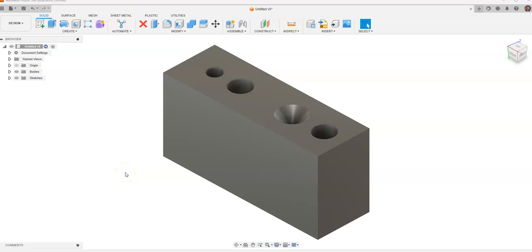This is a video on how to utilize the hole and thread note tool in a drawing in Fusion 360 for your engineering class. You will notice that I have a rectangular block with 4 different types of holes in it. To show you what types of holes I've created, I'm going to grab the